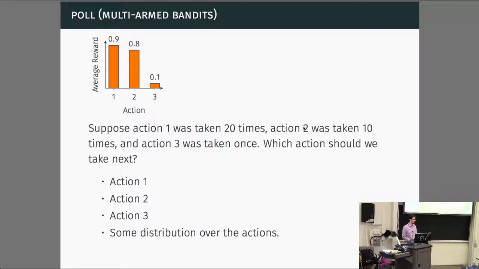Okay. So then what we can do is every time choose some distribution of the actions, and if it converges to something like, let's say, 1, 0, 0, then we know that the first action is the best one. So probably here, if we take some distribution, then probably the probability for action number 3 will be about 0, but then for 1 and 2 maybe 80%, 20%, something like that. But then we can consistently take the probability distribution, and at every single point we will gain the most.